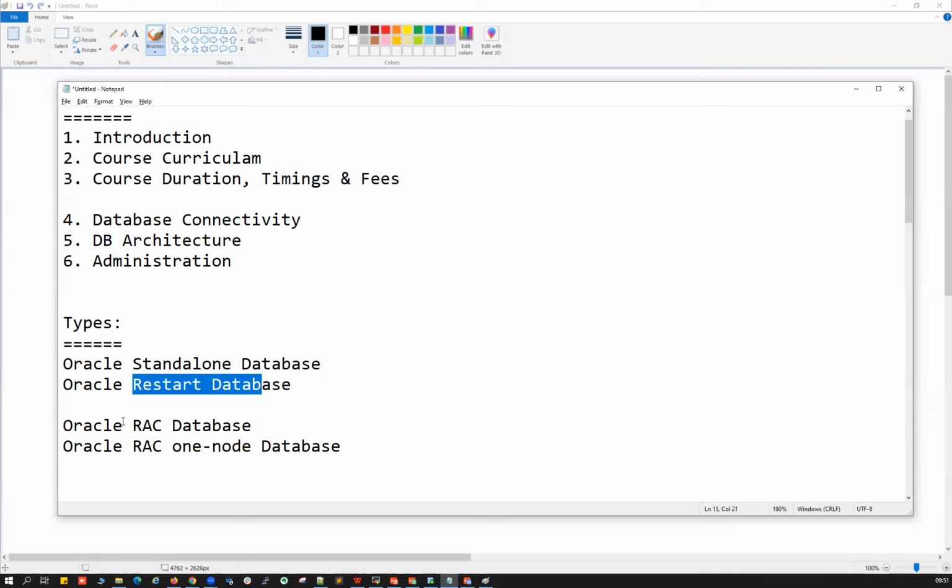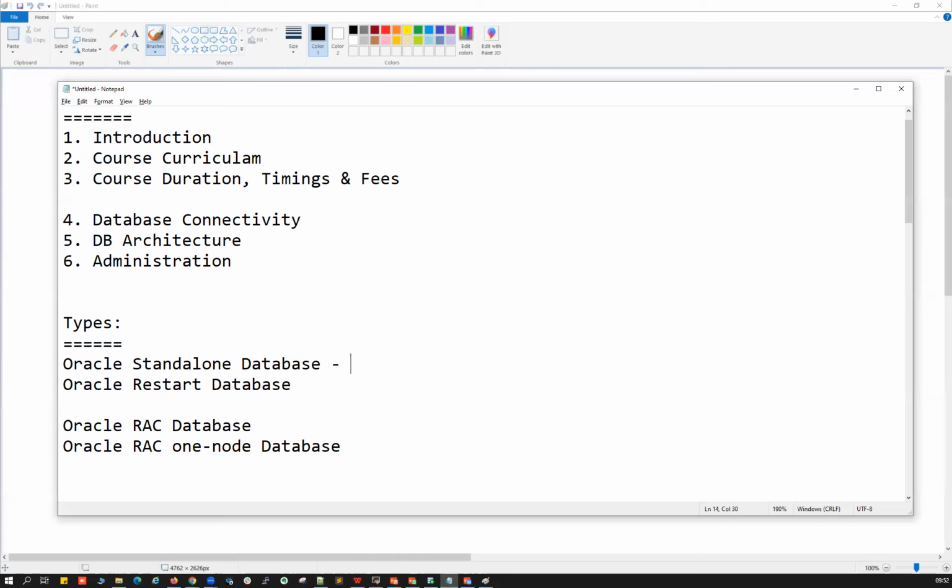What is this Oracle restart? What is RAC and what is RAC One Node? Of course, that's expected. You'll not be able to get it. But in industry, these are the four types of database you will deal with. So we'll talk about that. For this particular course, we'll be covering only standalone and Oracle restart. Those are called single instance or single standalone servers, standalone databases.